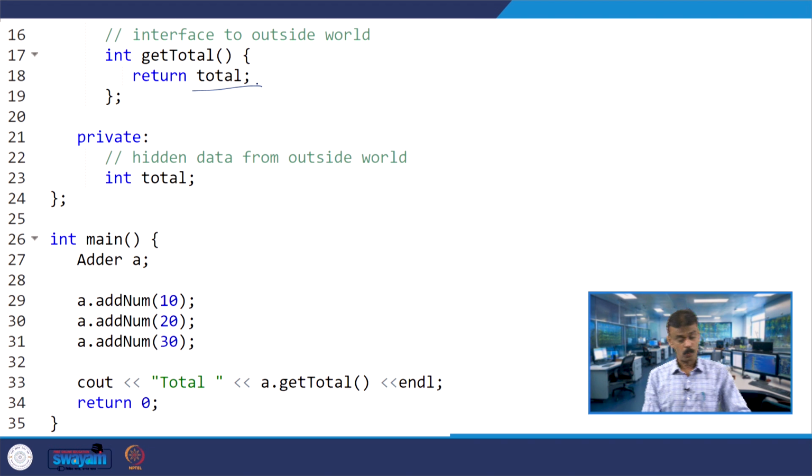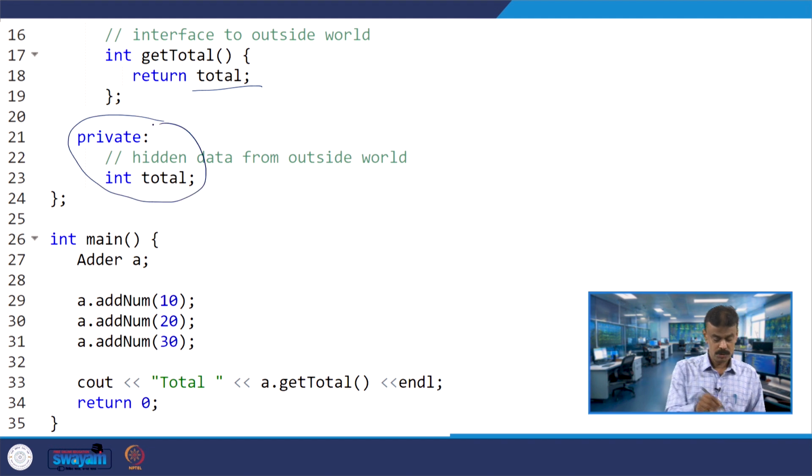Now you have a private member data. The concept of encapsulation starts from here. You have the private member data called total. How can total be accessed indirectly? You cannot access it directly from outside, so how are we going to access it from the outside?